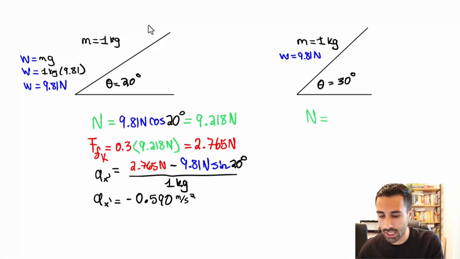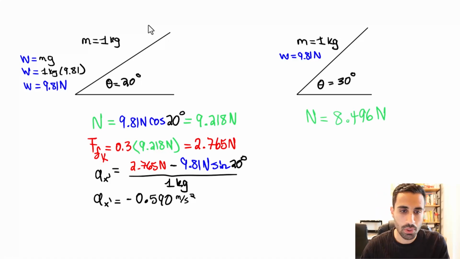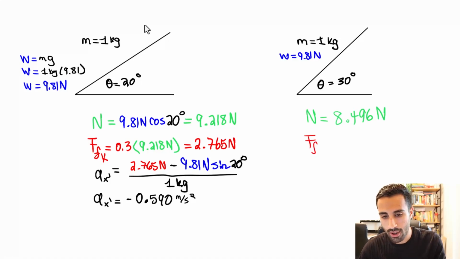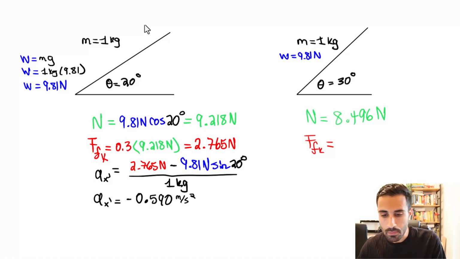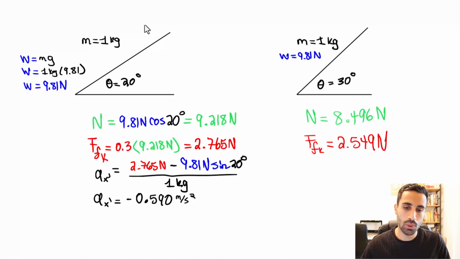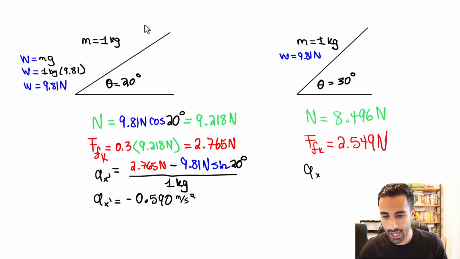The equation stays the same, so that's going to be 8.496 newtons. Next one, the friction force. What happens to that? Friction force, kinetic. We take 0.3. That's the coefficient we assumed. That's fine. You can assume 1, 0.5, whatever. Then we multiply that times 8.496. What do we get for that? 2.549 newtons. What's acceleration? Acceleration in the x prime direction, we put that friction force first, 2.549 minus 9.81,